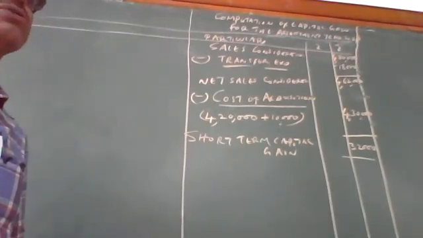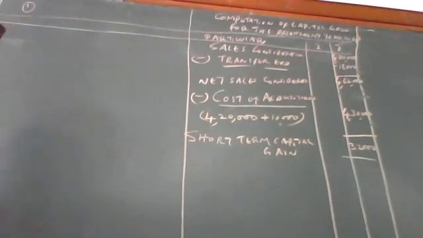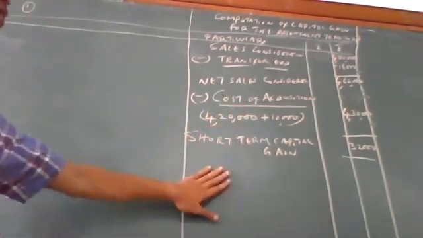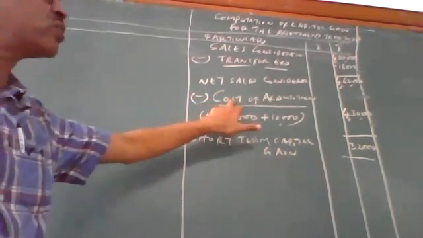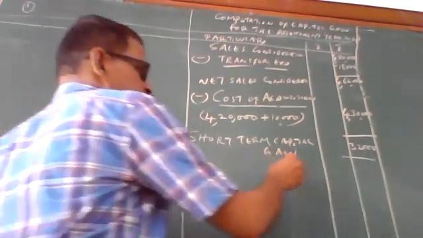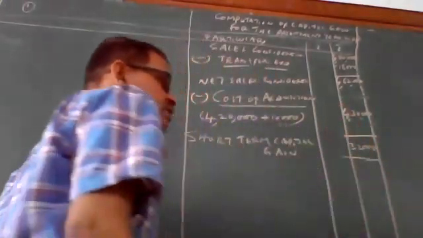Other than the house, land, or building, a duration of less than 3 years is short term, more than 3 years is long term. But for land, building, or house, less than 2 years is short term, more than 2 years is long term. Okay, this may be short questions, part A. So don't write index cost, only cost of acquisition. Index is for long-term capital gain, not for short-term. Any doubts in this problem? This is the short term, this is the long term, we have discussed it.